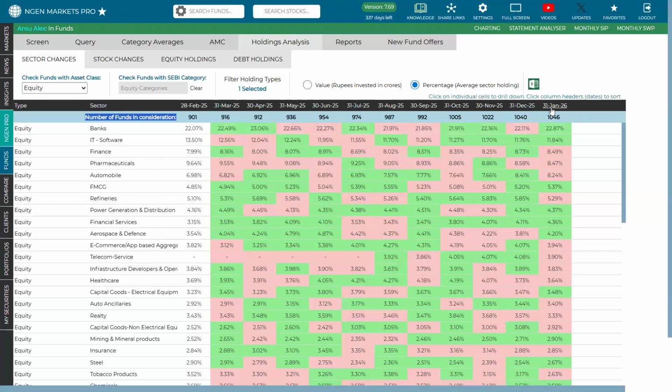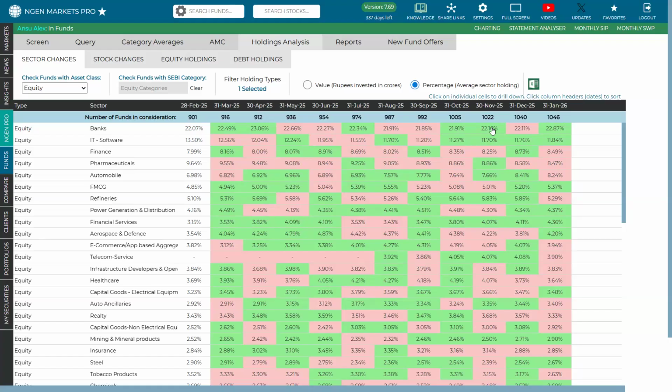So you can see the latest data is for 31st Jan 2026. Now, as any time mutual funds are being introduced into the market, the number of funds under consideration changes. In comparison to December 2025, the total number of equity funds, which was at 1040, has increased in the month of Jan 2026 to 1046.